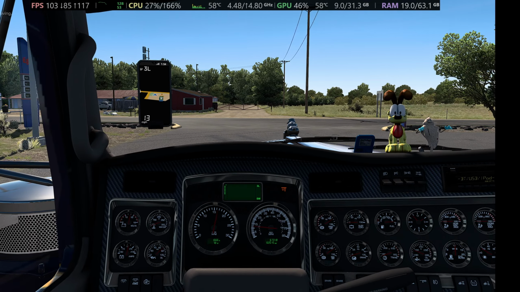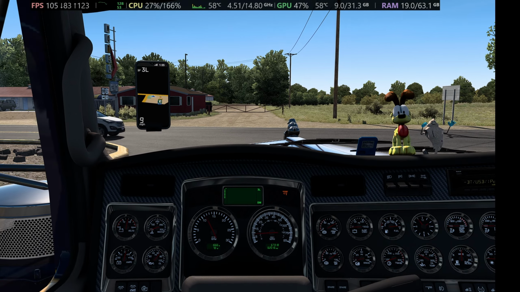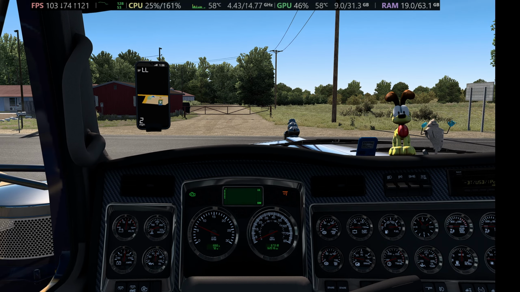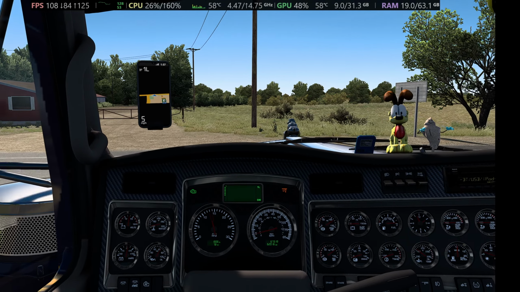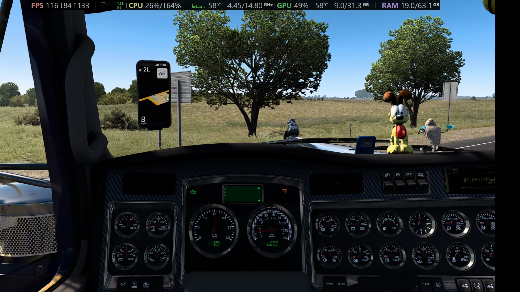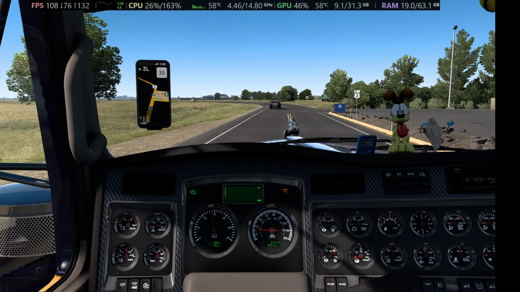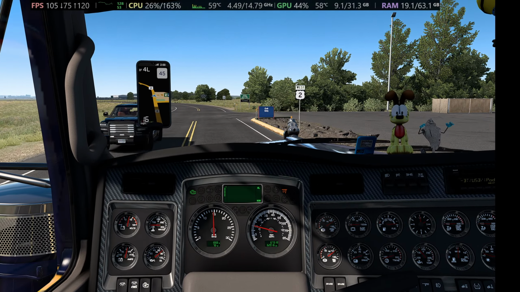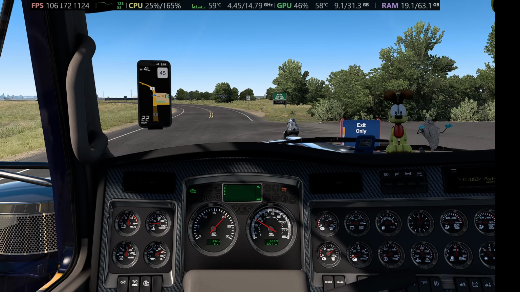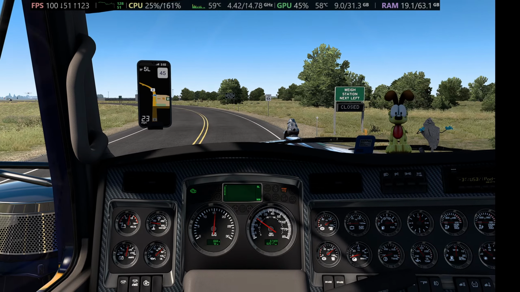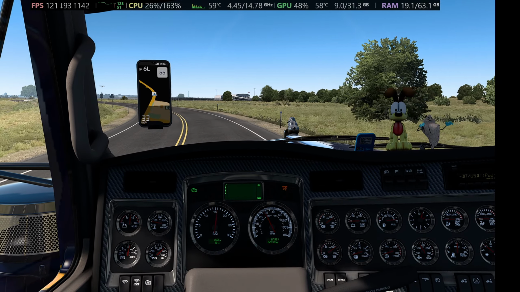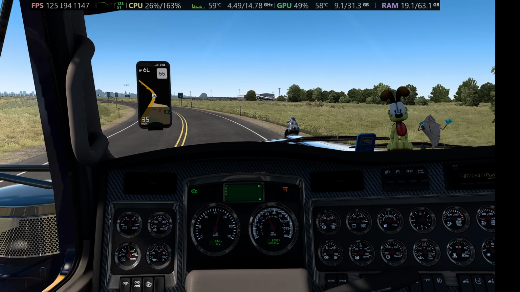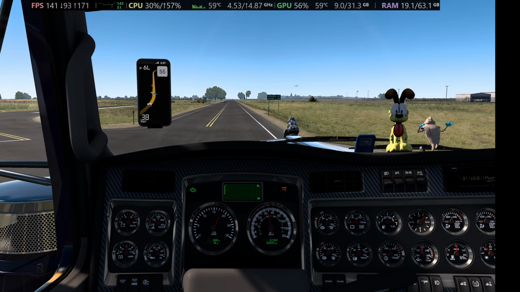I really like this image myself. It's the best image I've been able to get out of American Truck Simulator. But drive around, check your performance out a while. If performance is suffering, use one of the DLSS components. You can start with quality or start with performance if you're really having issues and work your way back up. See if you can find something that'll actually work for you. I don't get the shimmering when I'm going past guardrails and things. Everything just looks nice. Once you find out what works, lock it in and enjoy Snowymoon, a clear picture in